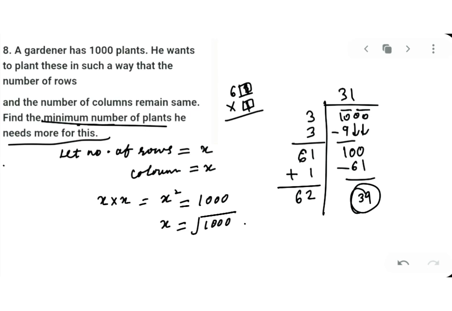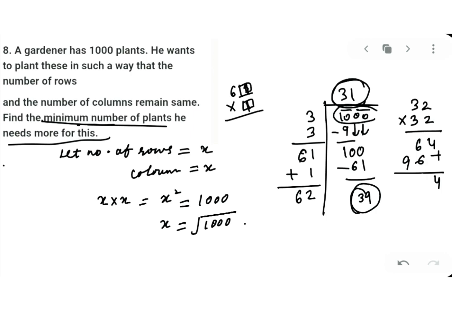Do you remember, in my last session, I taught you the minimum number to be added to a number which is not a perfect square. So how will you add the number? First you will take this quotient that has come, 31. Its next number is what? 32, and you will take the square of 32. Are you getting my point? Yes, you have to take the square of 32 and then subtract your 1000 from it. Clear?